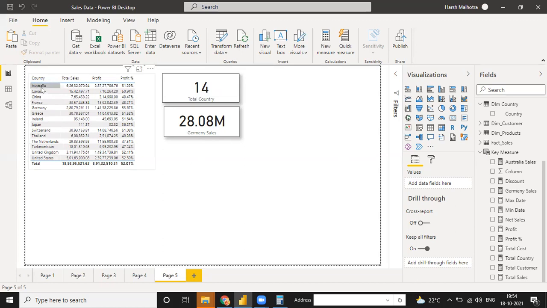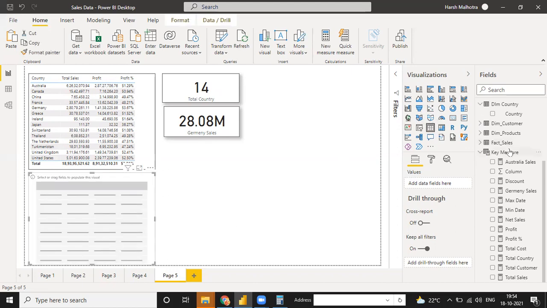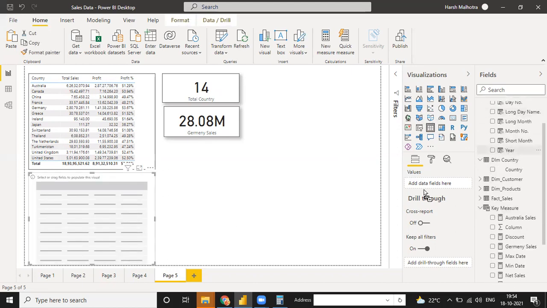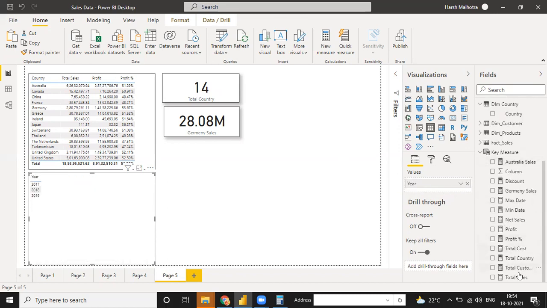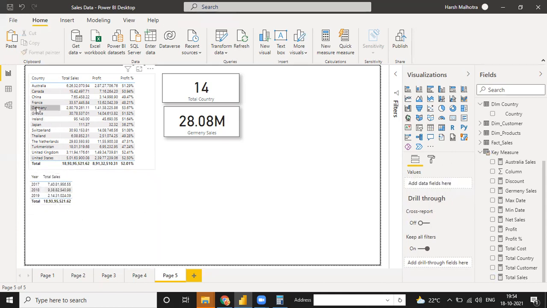So guys, in the same way you have to calculate all these country ratios in just one go, and I am showing you a new function. Click on the table. Right now there is a year and we have a sales value, with years 2017 to 2019. Now if we need the Germany country total for 2017 only, because in 2017 we have 748,956 in total, but I need only the Germany country.